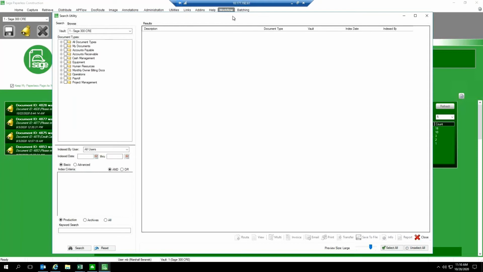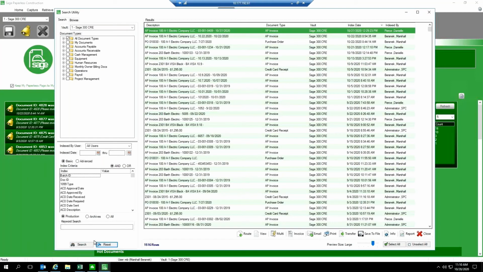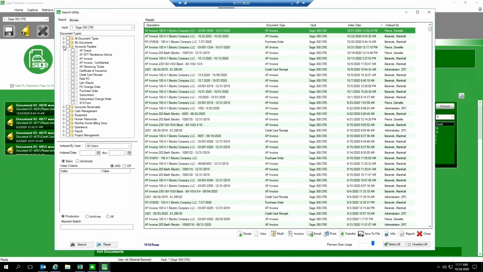What I did there is I opened up the search utility. And so you can imagine after using this product for some time, we may want to pull documents out, whether that's to support our billings or if a GC is requesting documents from us, we need to have them readily available. And so right here within the search utility, we could search for all document types very easily. I've got about 1,500 documents in here, and you can see the different document types that you might want to store. But we could come over to the left-hand side and check off AP invoice and say purchase orders and